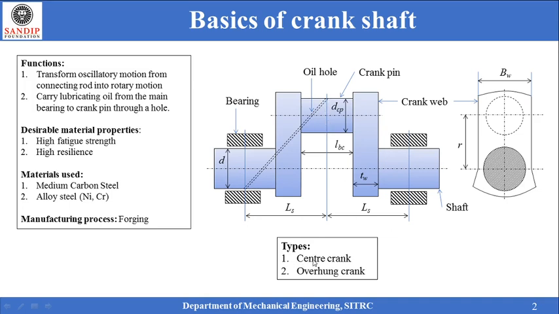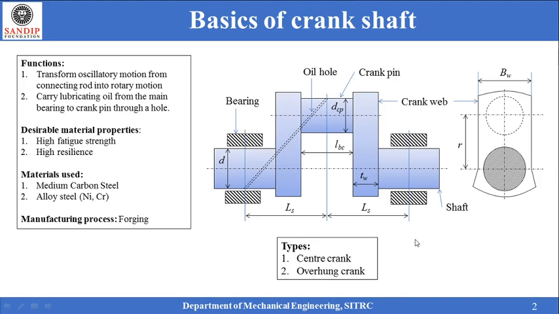Crankshafts can be of two types. If a crank pin is sandwiched between two crank webs and it is supported by two bearings, then it is called a center crankshaft. In some cases, the crank pin will not be sandwiched between two crank webs, whereas it will have only one crank web and one bearing to support it. In that case, it is called an overhung crank. An overhung crank looks like the pedal of a bicycle.